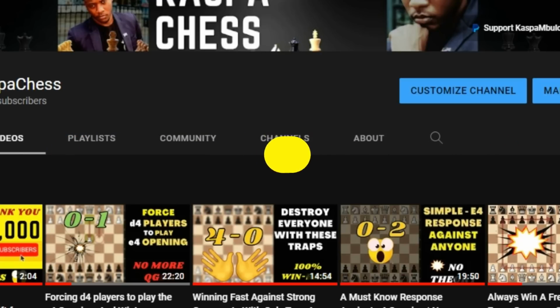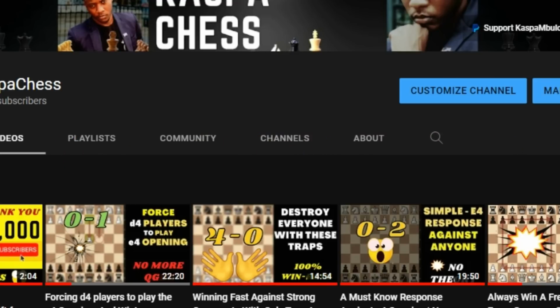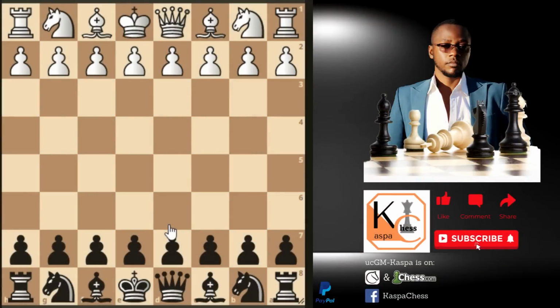Which is what this video series is all about. Forcing d4 players to play the e4 lines. For example, let me show you something. After white plays d4, most of your opponents expect you to hit back on the center with a move pawn to d5. In the d4 line, white is thinking of putting his e-pawn on e3 most of the time and